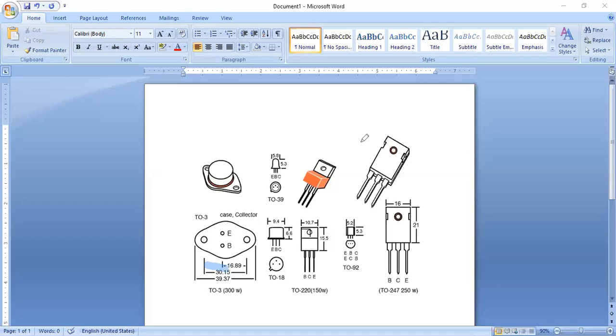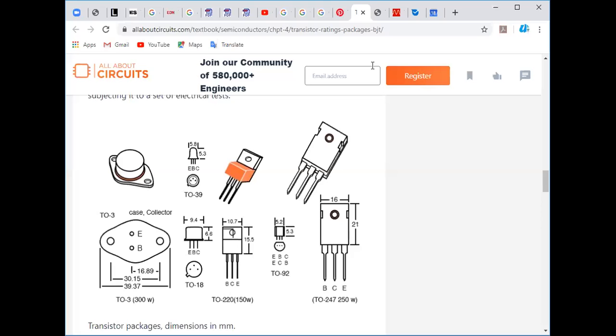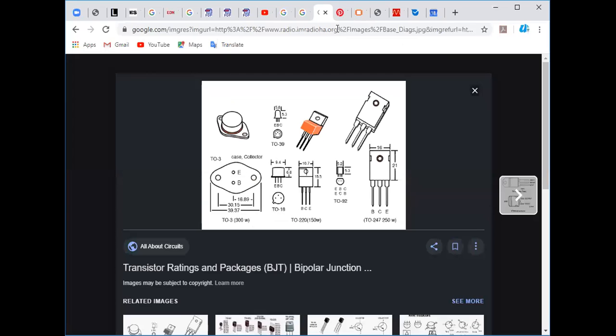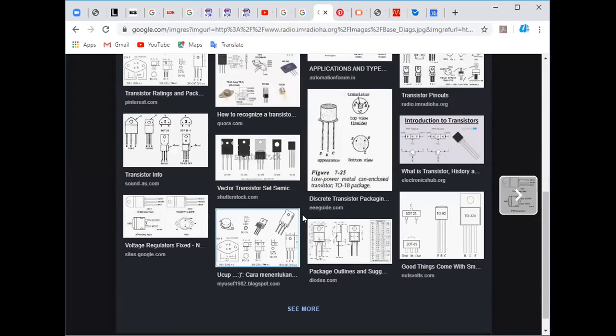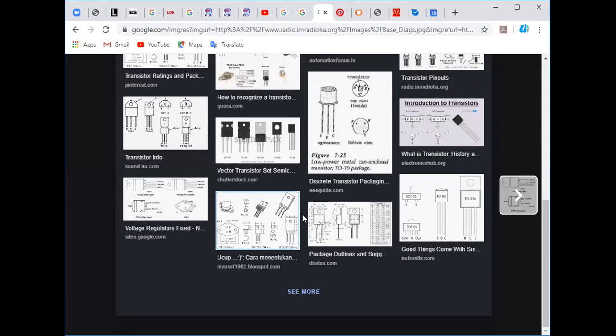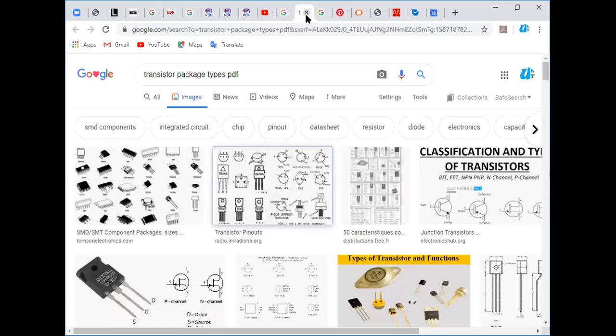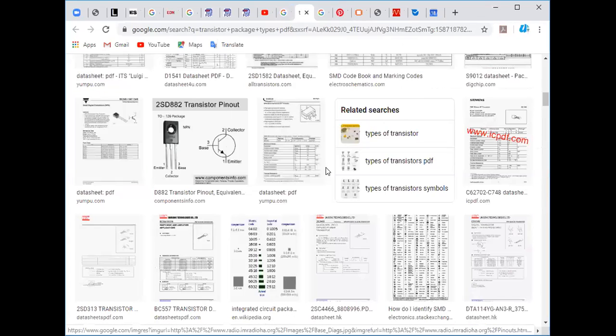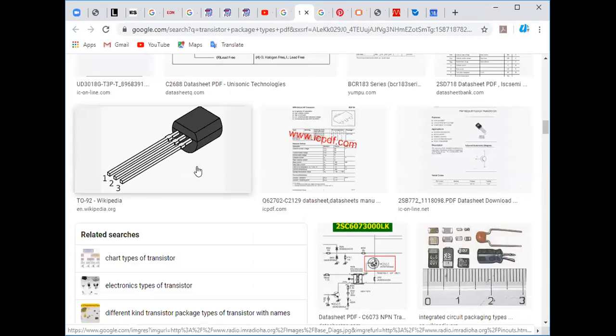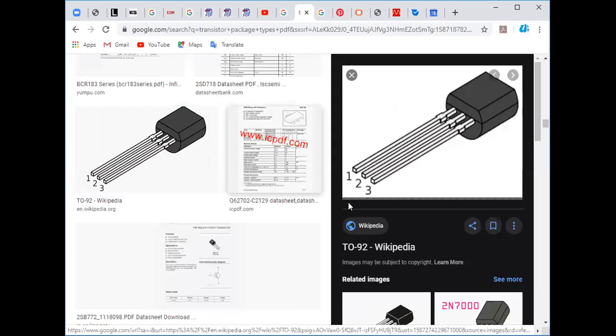Let us go to the packages. Yes, this one is the TO92 package.